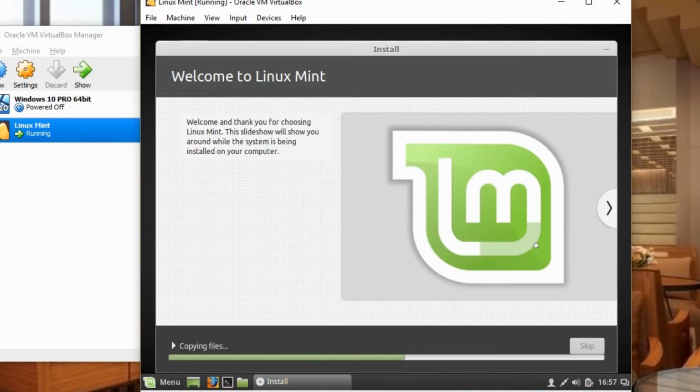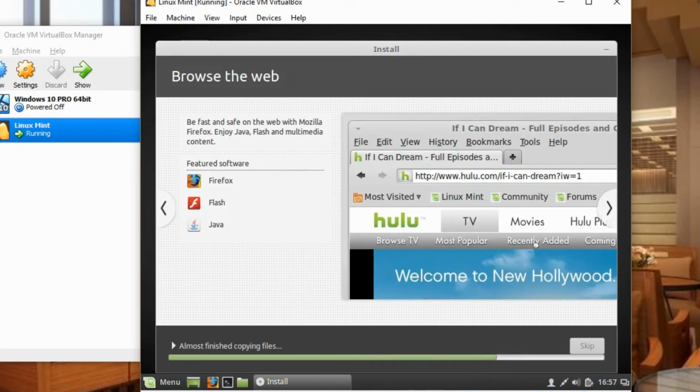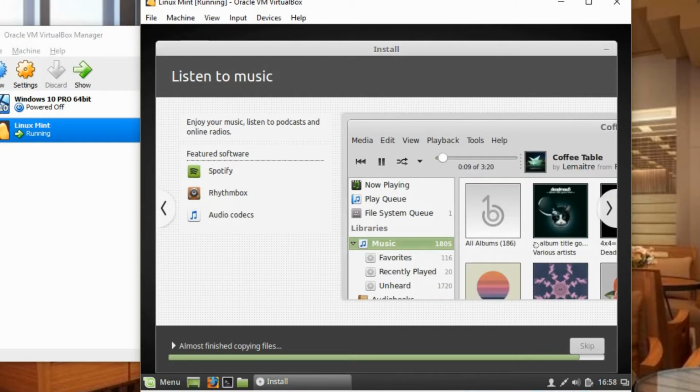So from here it will run through a very lengthy install, which I've sped up 1,000 times, so we're not going to have to sit here and wait for it.